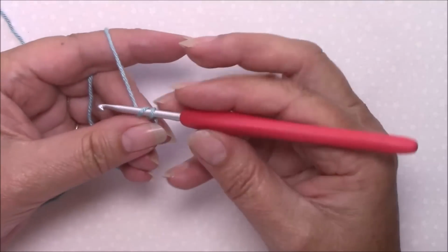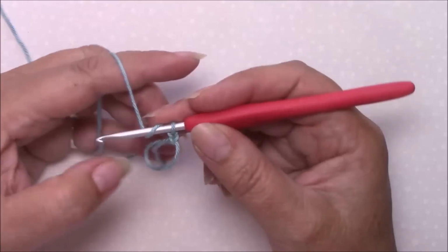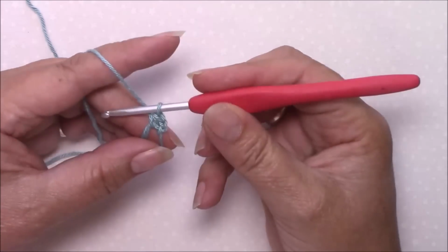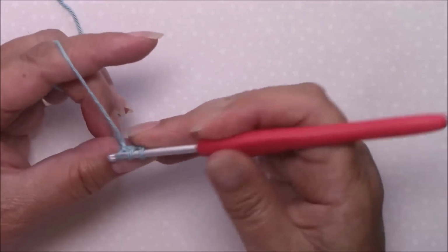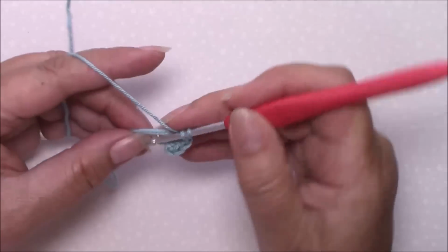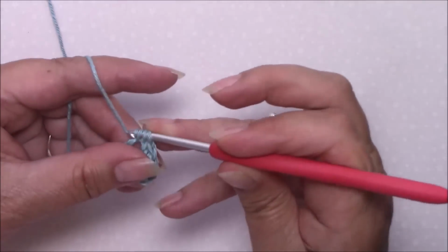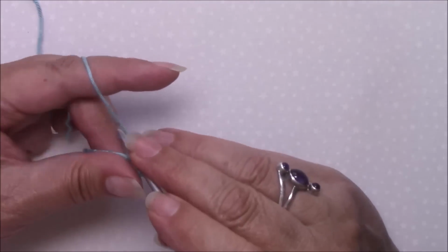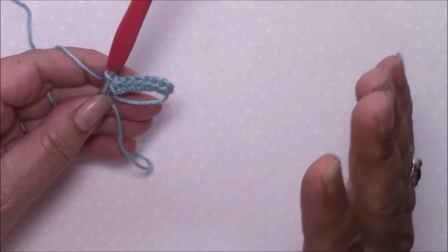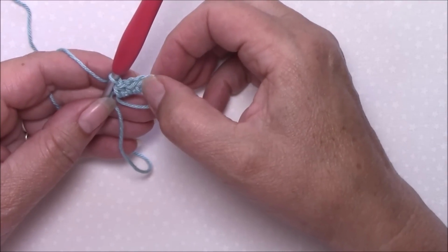Okay, so we are going to chain 1, and then we're going to make 6 half double crochet into the ring. So yarn over into your ring, grab a loop, yarn over through all 3. That's 1, 2, 3, 4, 5 and 6. Whenever you finish any round, always double check, even something as simple as 1, 2, 3, 4, 5, 6,